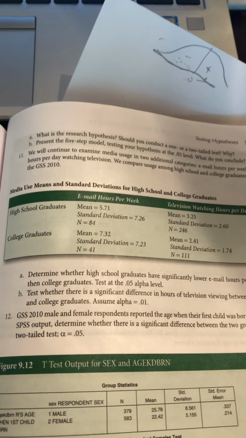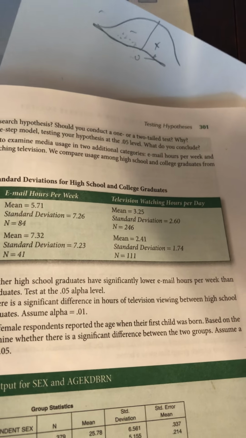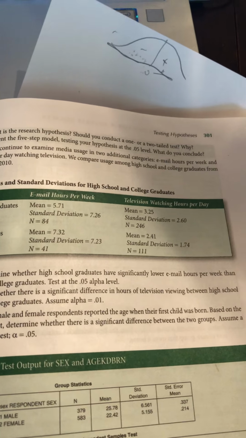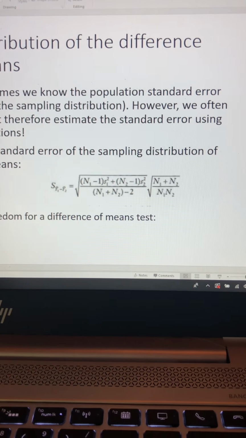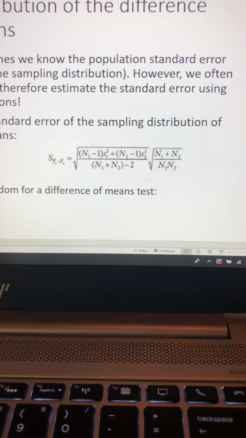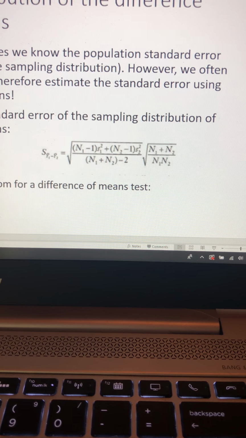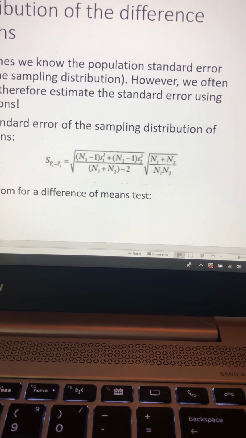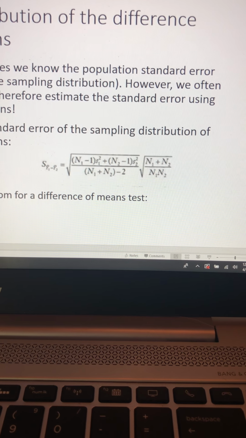So we want to know, we can see that they're different, but the hypothesis test is to see, can we say with a degree of certainty whether they are different? Okay, so let's go back here. Here's this equation, and this is the one we're going to be working out. So we've got the standard error of the difference of sample means